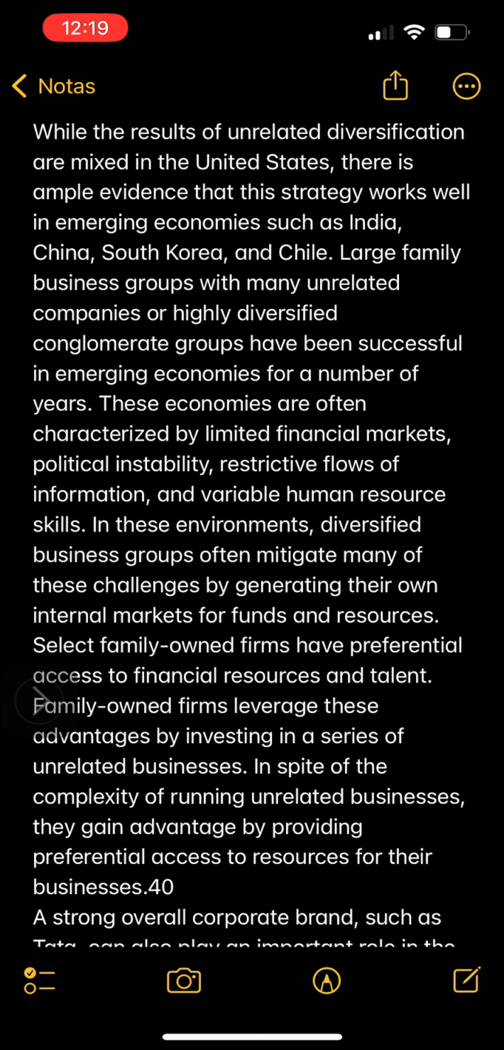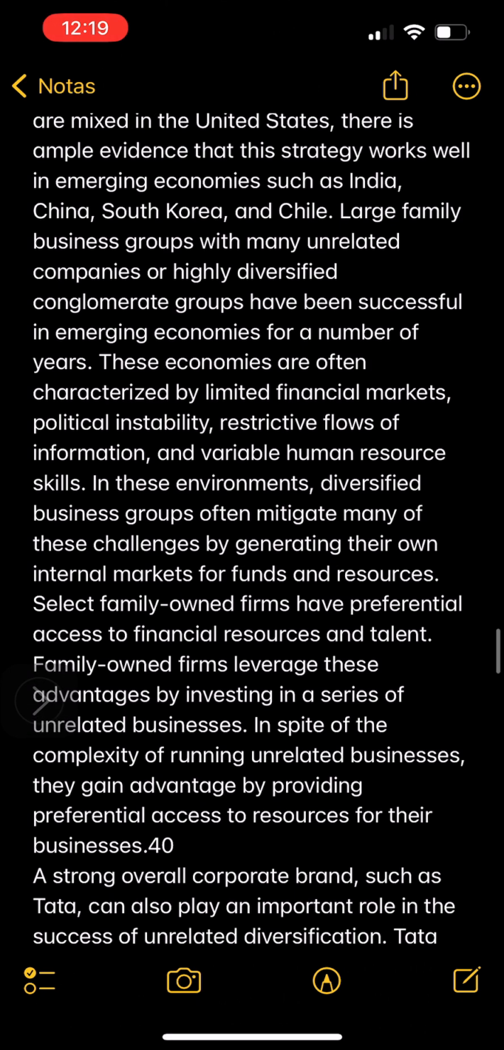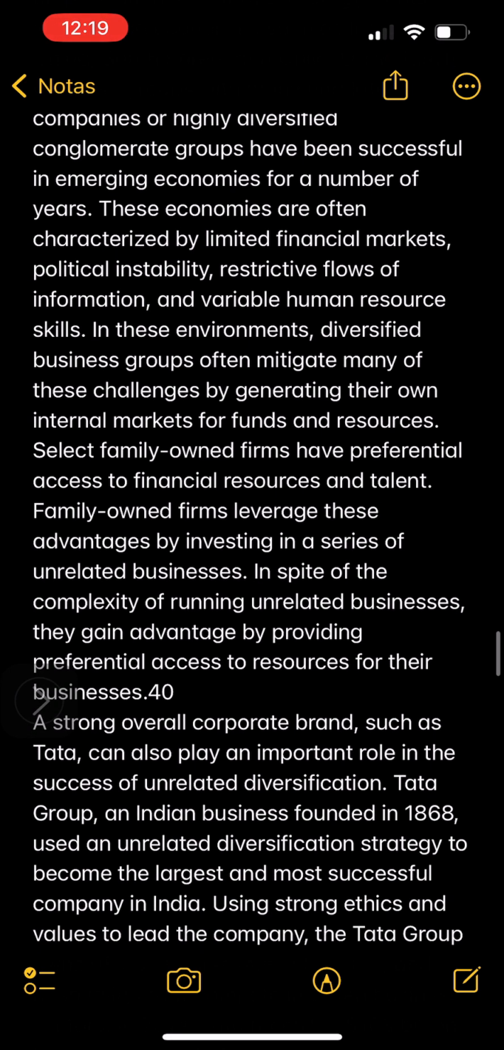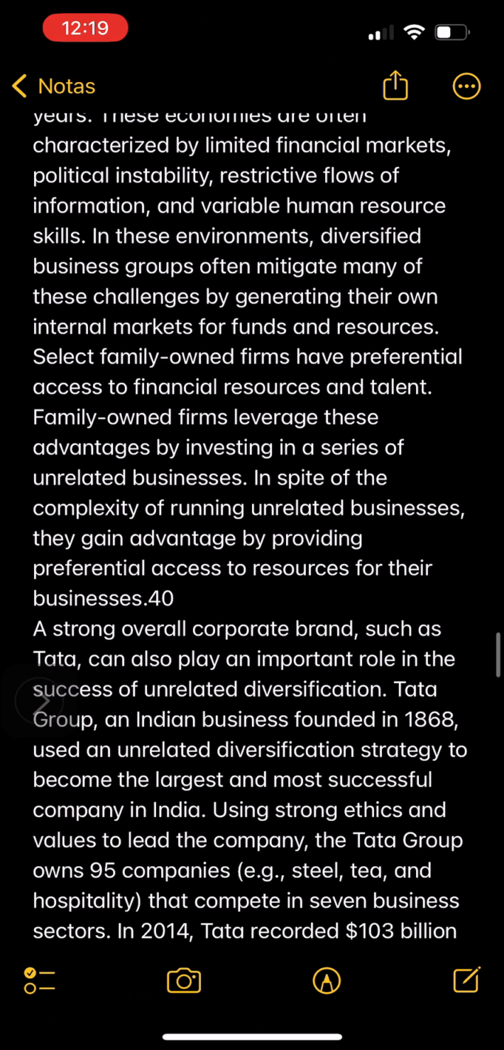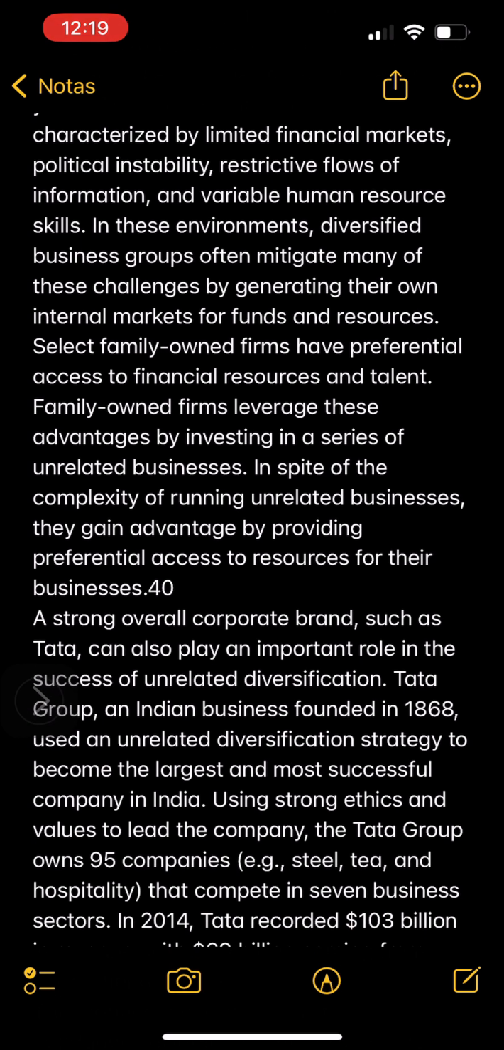Select family-owned firms have preferential access to financial resources and talent. Family-owned firms leverage these advantages by investing in a series of unrelated businesses. In spite of the complexity of running unrelated businesses, they gain advantage by providing preferential access to resources for their businesses. A strong overall corporate brand, such as Tata, can also play an important role in the success of